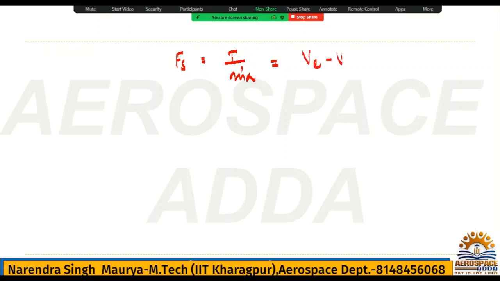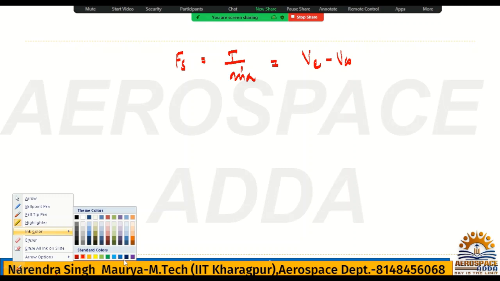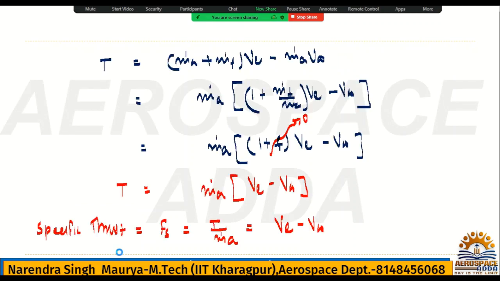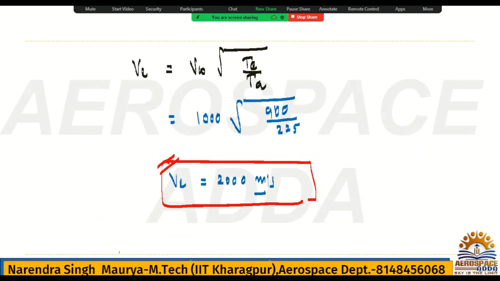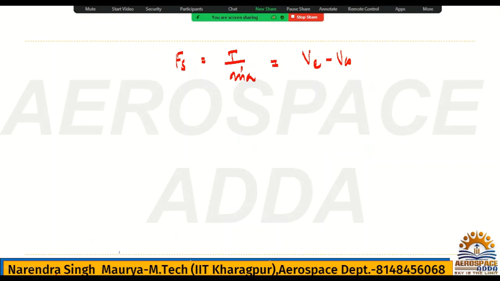So VE minus V infinity. Now, if you check the data they have given to us, VE we have just calculated, it is 2000, and V infinity they had given 1000, right? So VE you have calculated 2000. V infinity, that aircraft speed, they had given 1 kilometer per second, means 1000 meter per second. If you calculate Fs, it is